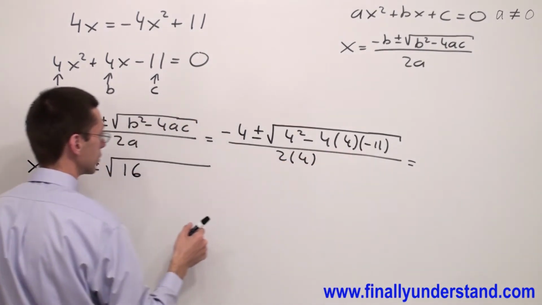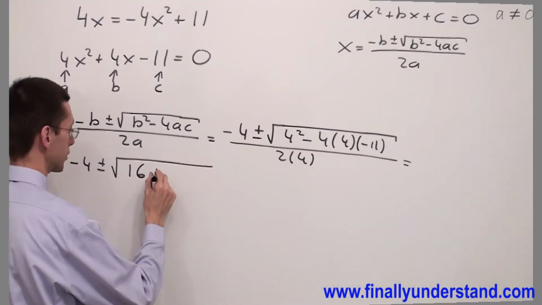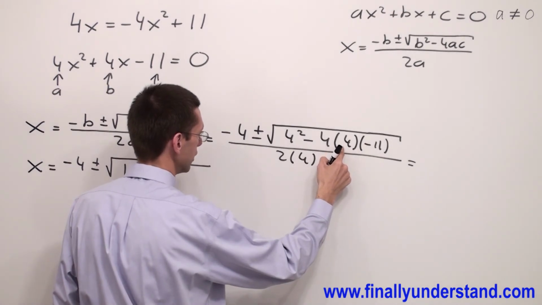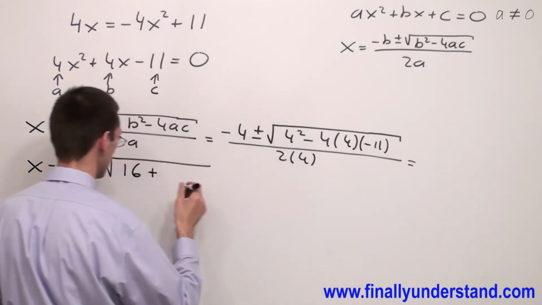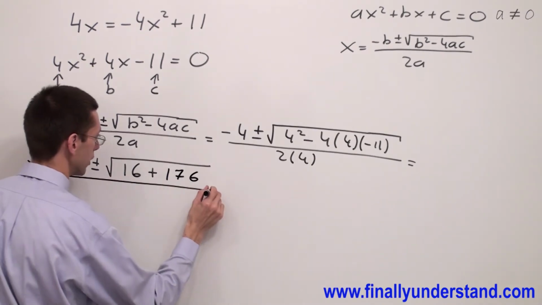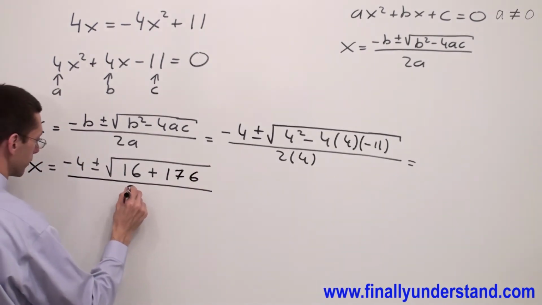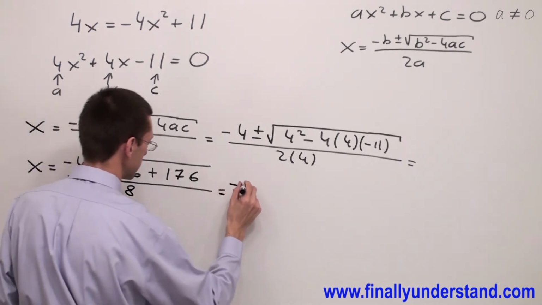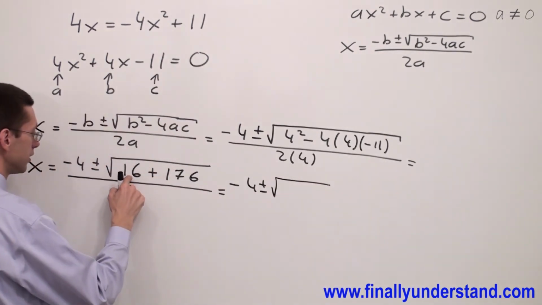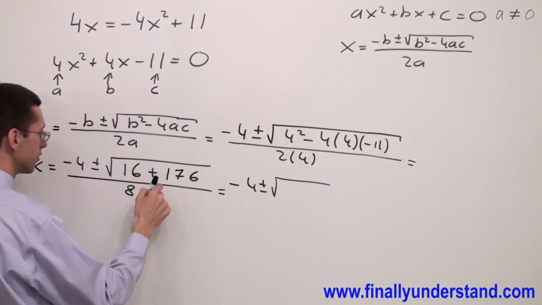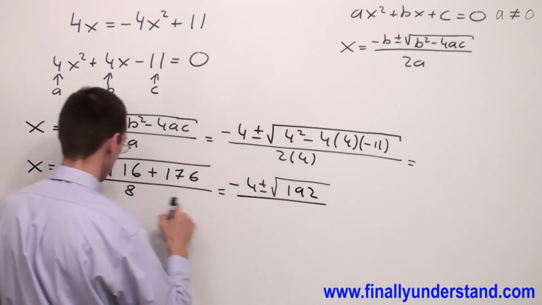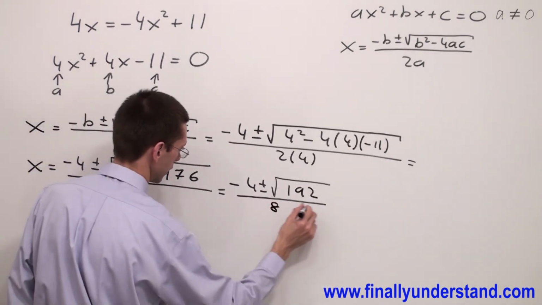Negative times negative is positive, plus 4 times 4 is 16, times 11 is equal to 176, over 2 times 4, which is equal to 8, equals negative 4 plus minus square root of 16 plus 176 is 192, over 8, which is equal